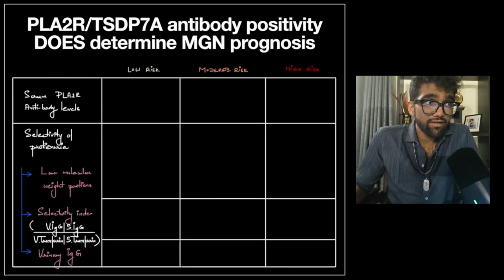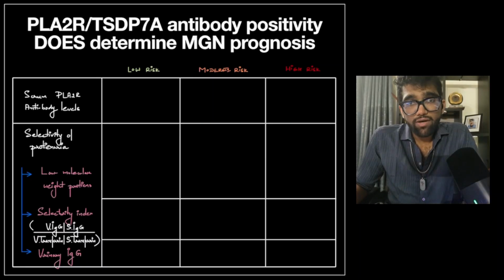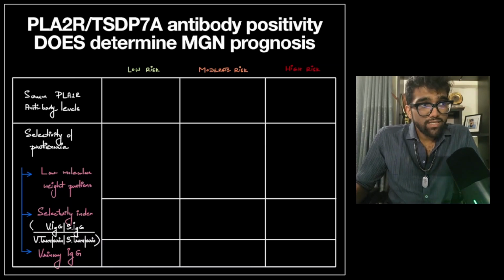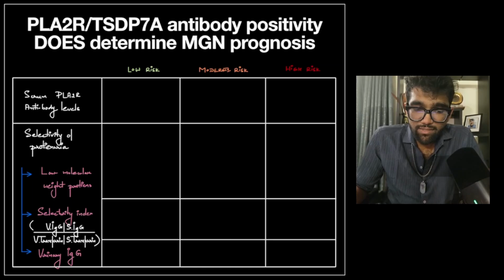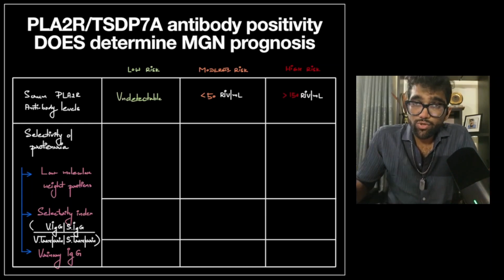Like I said, generally when you take membranous GN, it is one-third, one-third, one-third. One-third resolve spontaneously, one-third continue to have proteinuria, one-third continue to have proteinuria and progress to CKD. Now, we can predict who will progress to CKD or who will not based on their serum PLA2R antibody levels. So the higher the PLA2R antibody levels, and RU stands for radio unit, so that is, we're going to do a radioimmunoassay. If it is more than 150, that is highly predictive of